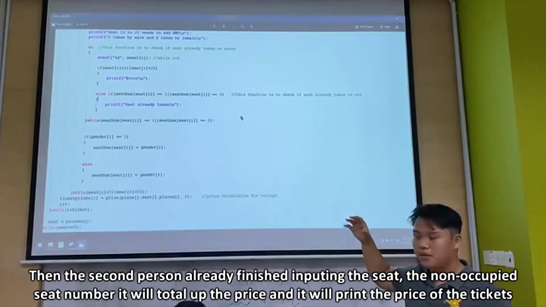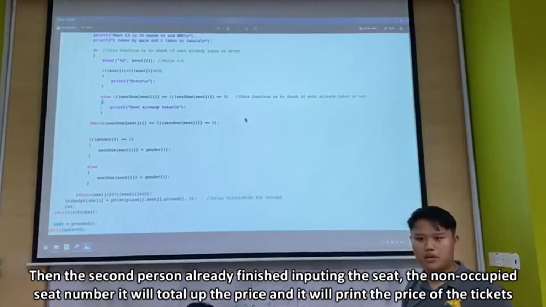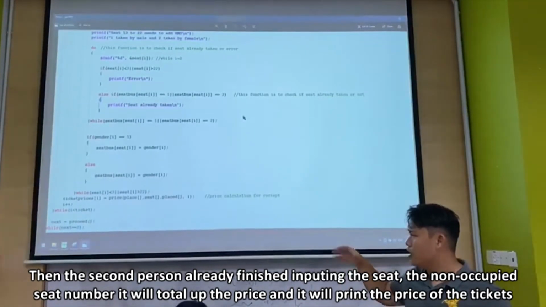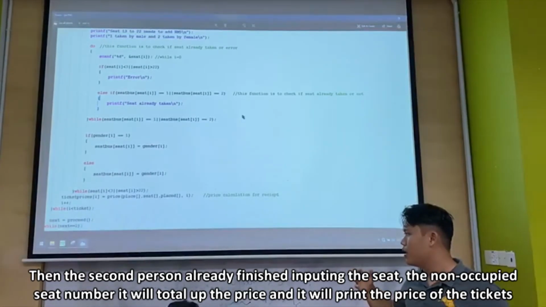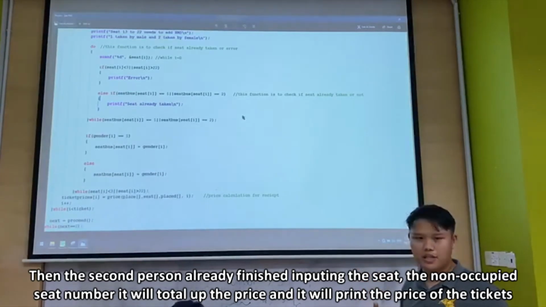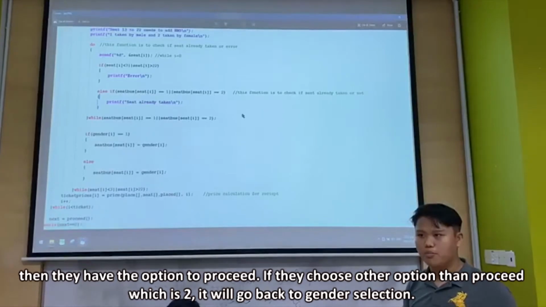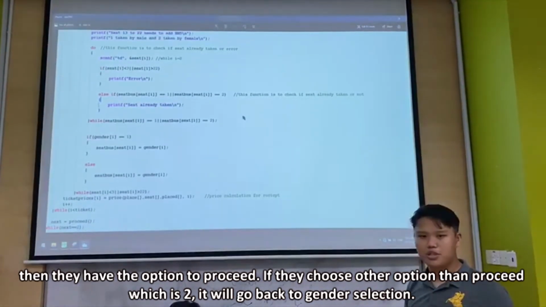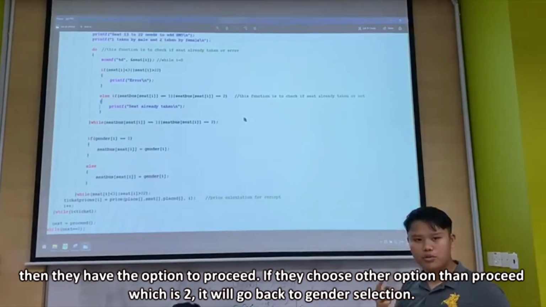Then if the second person has finished inputting a non-occupied seat number, it will total up the price and print the price of the tickets. Then they have the option to proceed. If they choose the other option, which is selection number 2, we will go back to gender selection.